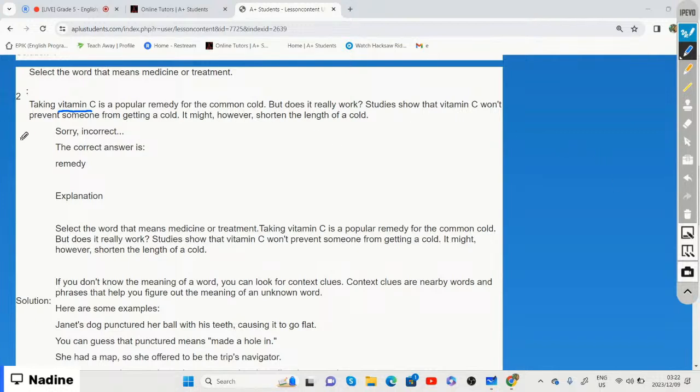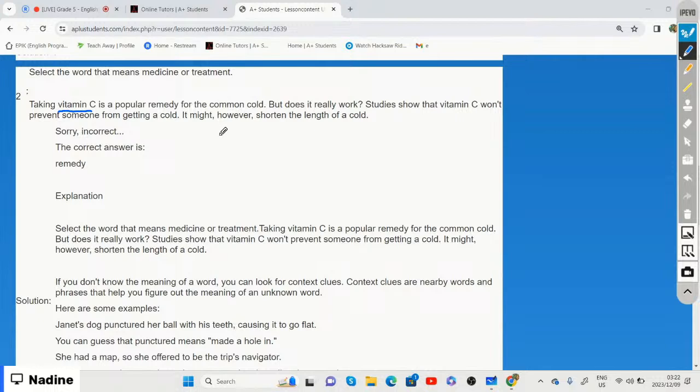If we look at vitamin C, we need to select the word that means medicine or treatment, and I think vitamin C is either a form of medicine or a treatment. So vitamin C is the same as saying it is either medicine or a form of treatment,